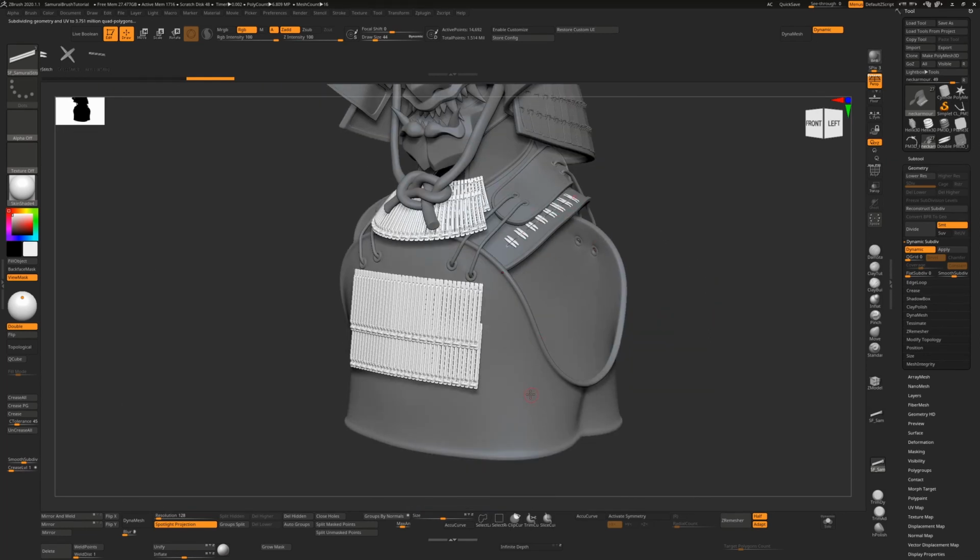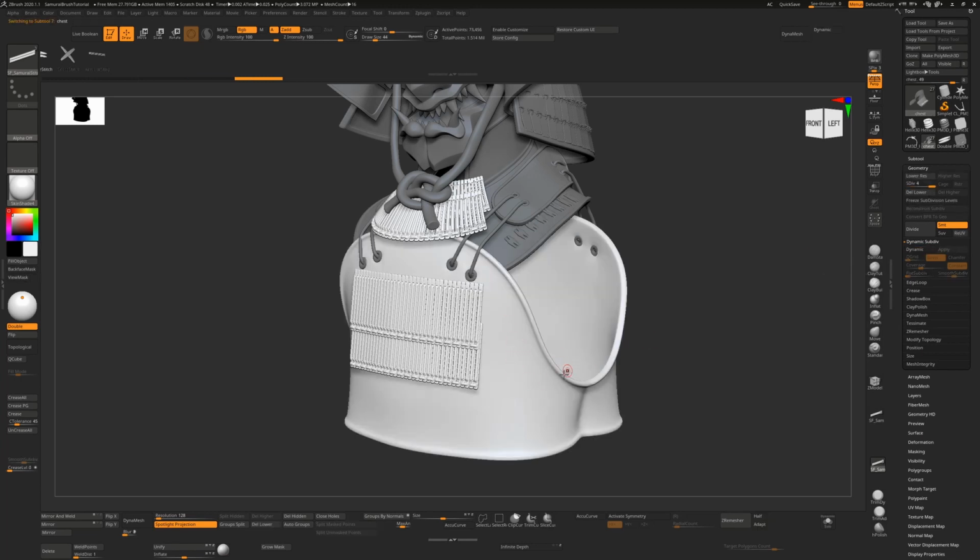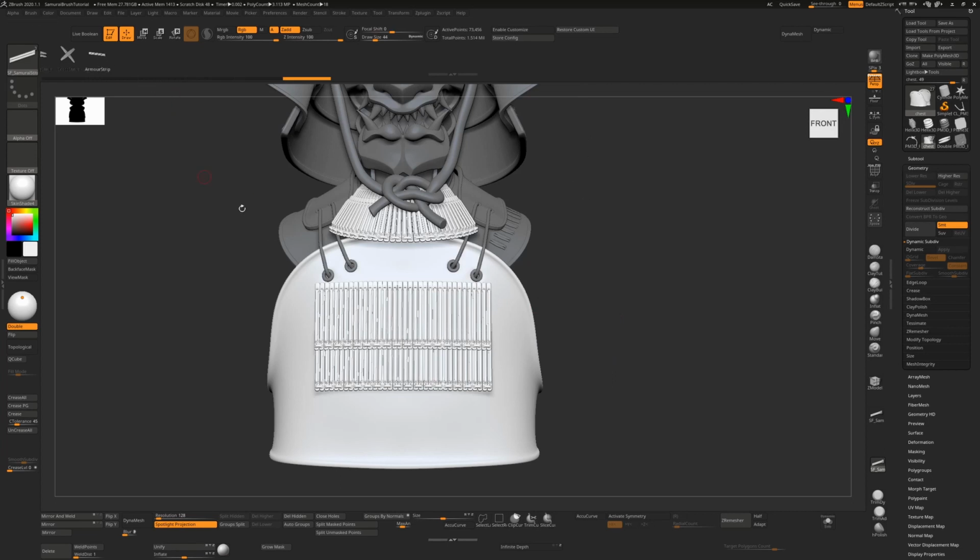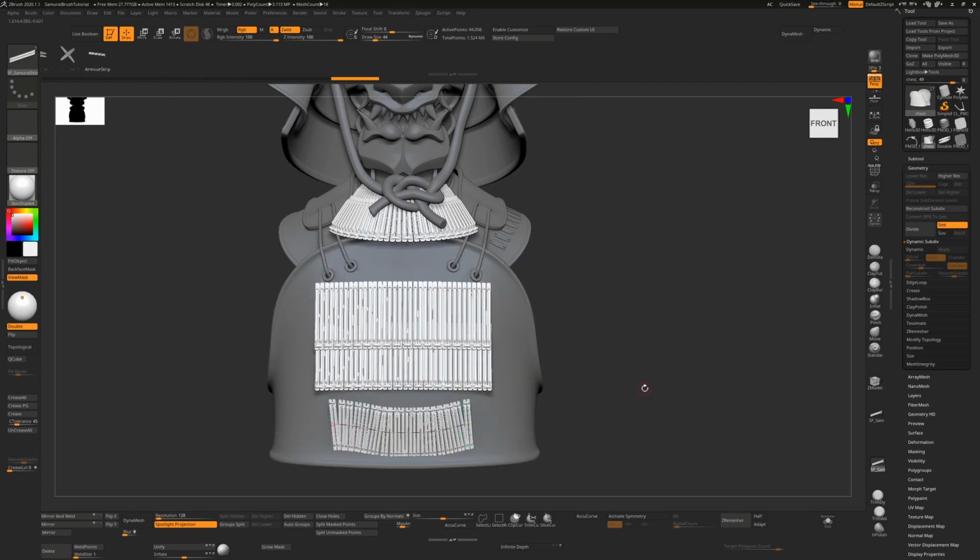As I said, this works on objects that have no subdivisions on them, just dynamic subdivision. So if you are on an object like this one, which has several layers of subdivision, you'll either need to duplicate it and delete those subdivision levels, or you can just delete the lower subdivisions on this now, change to the brush that you want, draw it out at whatever size that you want,